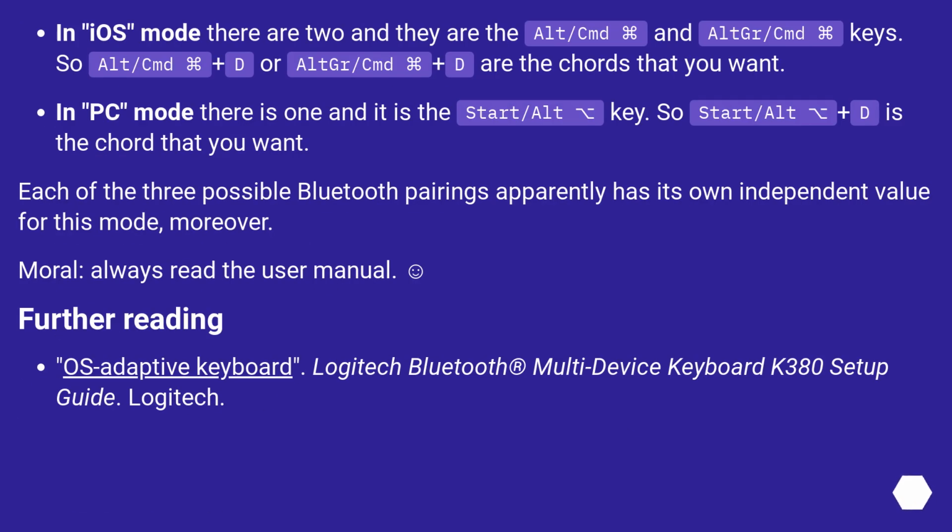In iOS mode there are two, and they are the Alt/CMD and Alt Gr/CMD keys on either side of the space bar. So Alt/CMD plus D or Alt Gr/CMD plus D are the chords that you want. In PC mode there is one, and it is the Start/Alt key. So Start/Alt plus D is the chord that you want. Each of the three possible Bluetooth pairings apparently has its own independent value for this mode. Moreover, moral: always read the user manual. :)